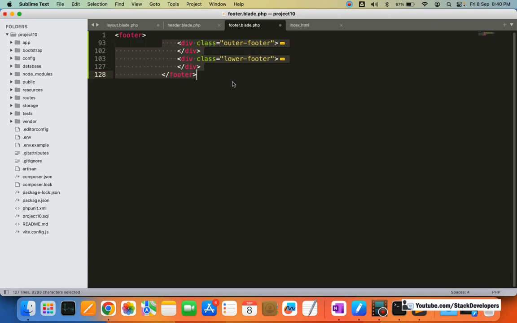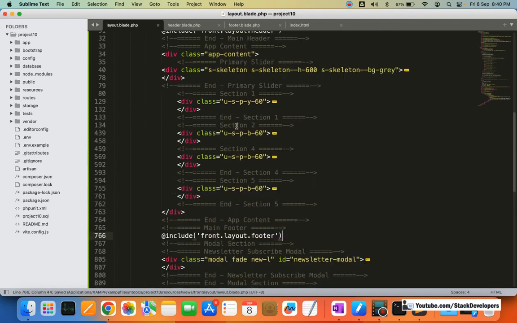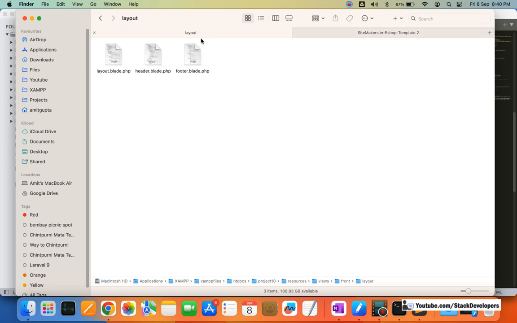We'll correct its structure, and here I'm going to include the footer that is located inside the front.layout.footer.blade.php. Okay, like this. So this middle content will come inside the index.blade.php file, and that file also we are required to